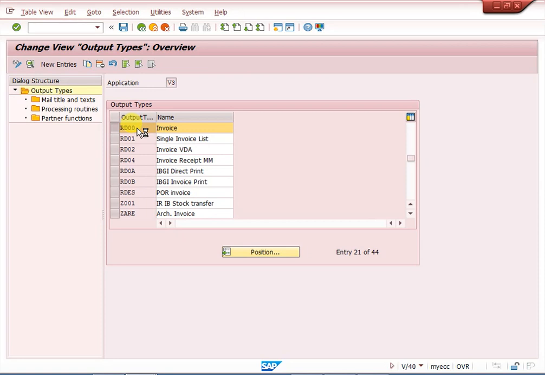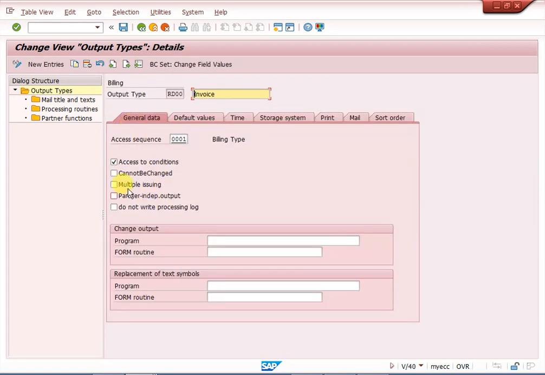Okay, double click here. Once you double click, the system will show you these tabs. At the general data level, whatever access sequence we created in the previous step, that access sequence we need to assign to this new output type. Here some checkboxes are there. Access to conditions is mandatory. These others are not mandatory.